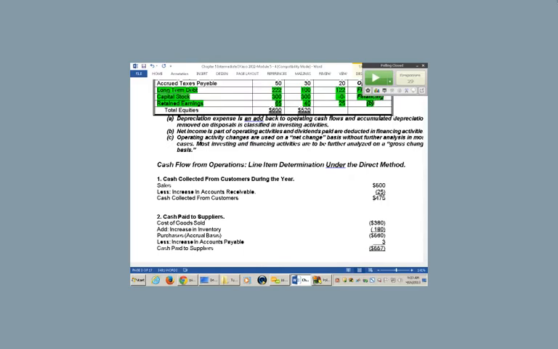Let me make that clear again. You had to cover your sales, so you had to come up with inventory worth 380. Then you also had to cover an increase in the warehouse of 180. So 560 is your purchases. Now, whether you paid for that or not depends on what? Accounts payable. If accounts payable goes up by 3, that means you only paid 557. So the increase in accounts payable is going to obviously reduce the cash flow needed to pay for inventory.